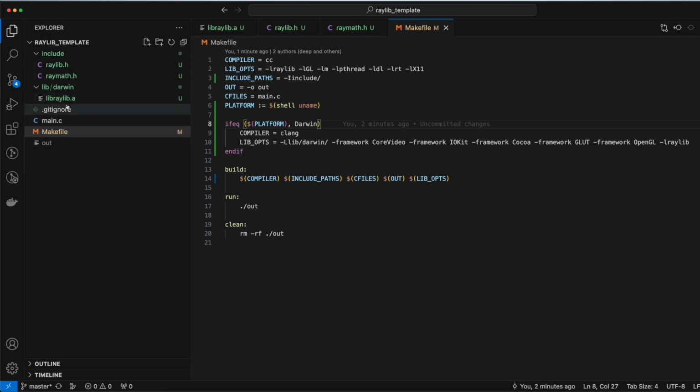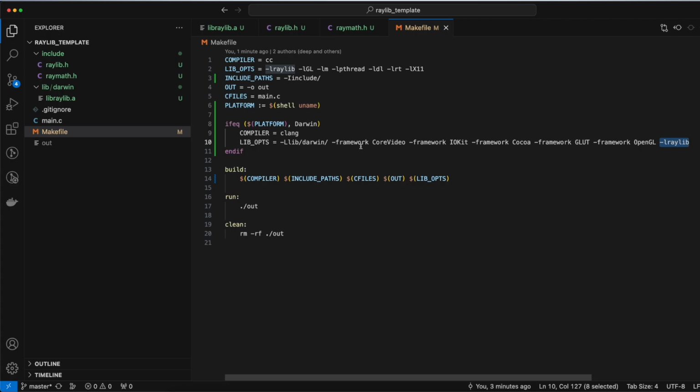And that is where libraylib.a is present. And also I link the library using -l raylib. So capital L is for registering a new search path with the compiler, and small l is for linking with the library. Along with these two things, we also pass a number of frameworks to the compiler, and a framework